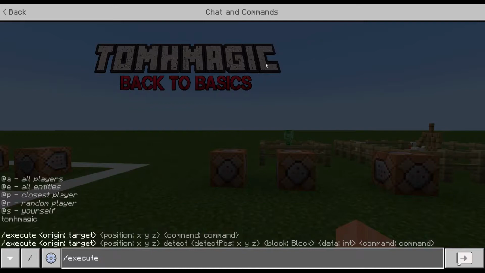You wouldn't really execute at target and then specify a specific X, Y, Z. You can, when I show you a way to use execute to minimize the amount of command blocks you use in a system, but normally it's done execute, then you choose your target, so say at all players, and then you do three of those, and then you can start putting in a command,